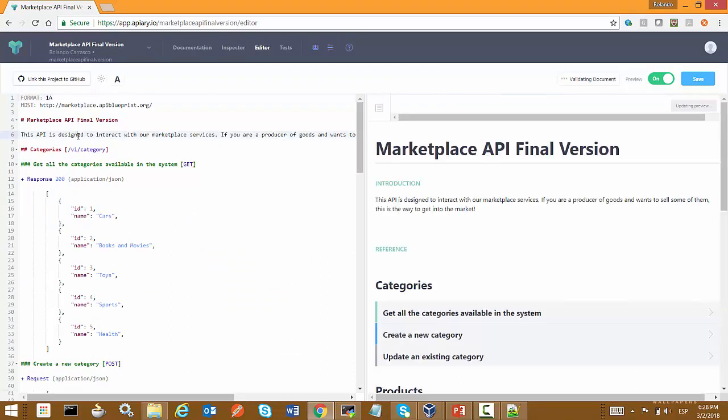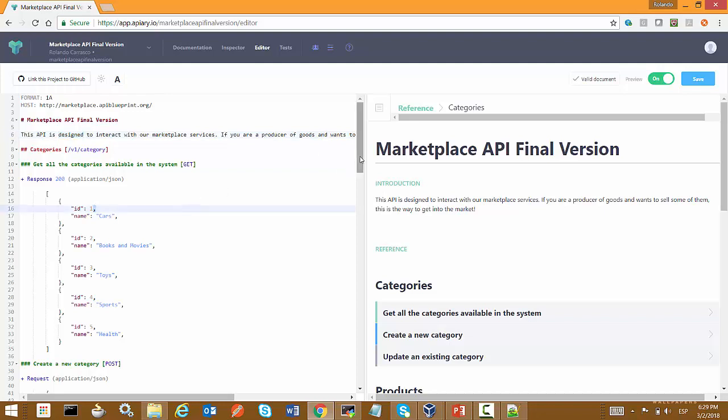The first part of this new version of the API is a stronger description. This API is designed to interact with our marketplace services. If you are a producer of goods and want to sell some of them, this is the way to get into the market. This is a better description of the API.